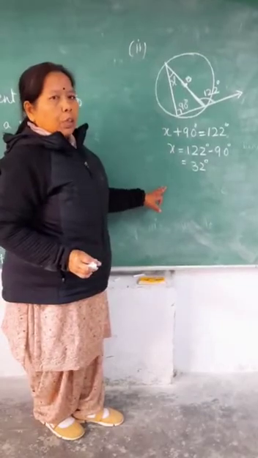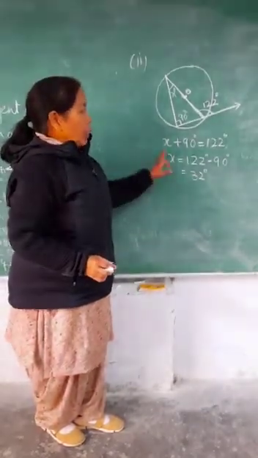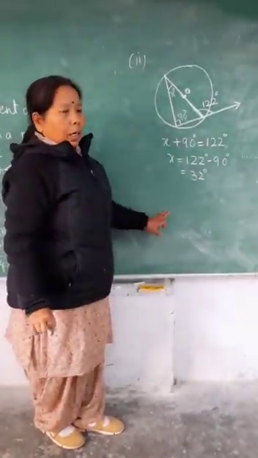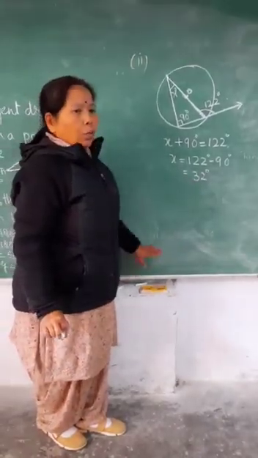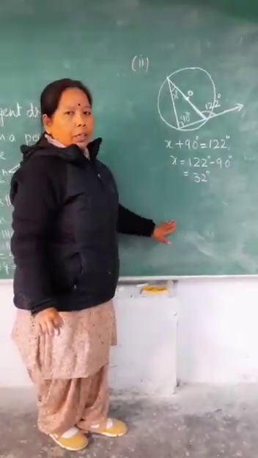So in this way you can find out the angles, and remember the other properties of triangles also, so that you can do these questions easily, and you can get the value of whatever unknown angles are given in these figures.